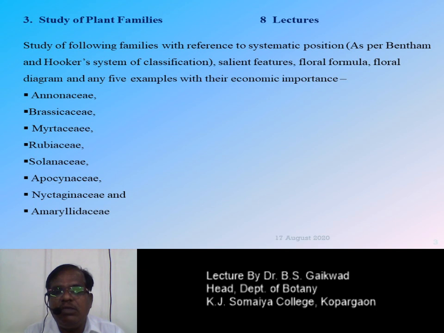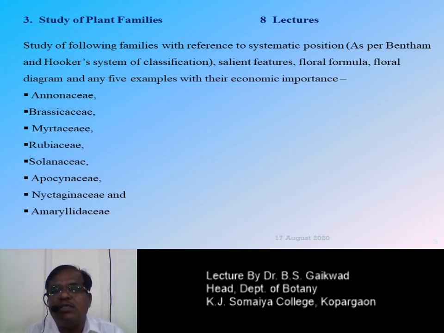Then again when we go towards the leaves, the leaves have a number of characters. If the family belongs to monocot, they have parallel venation in the leaves. But when it belongs to dicot, then it has reticulate venation. Again, in the dicot the different types of phyllotaxy are very important. There are 3 types of phyllotaxy, that is